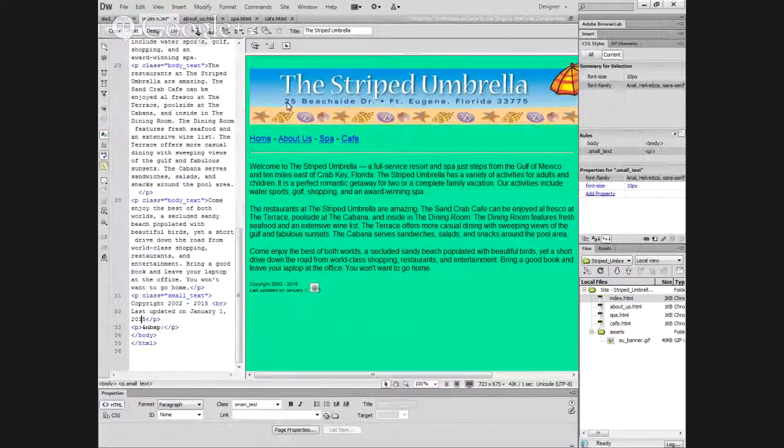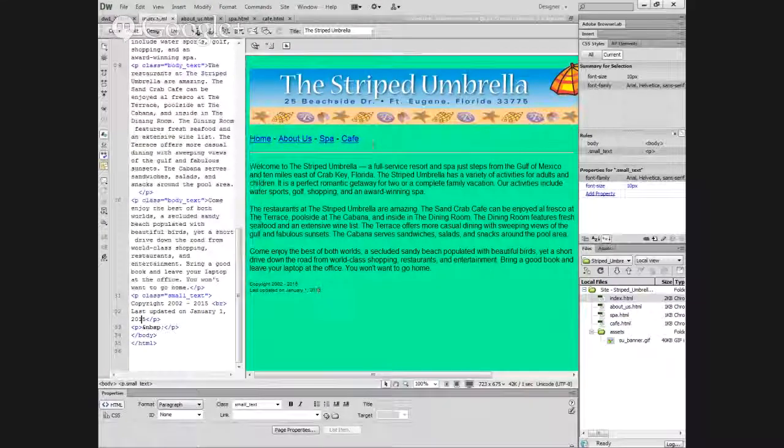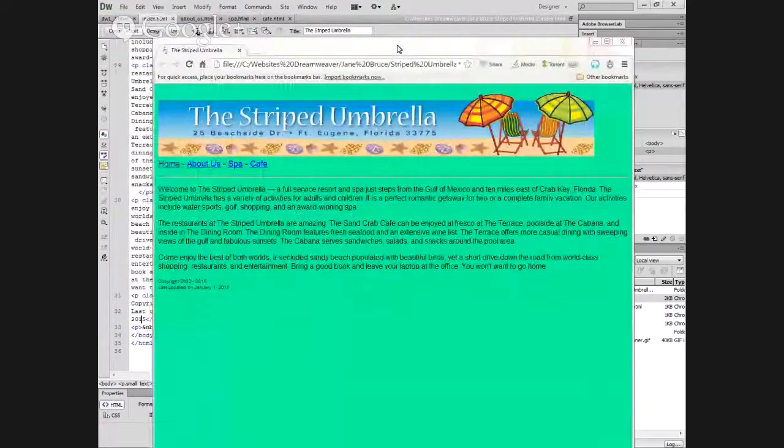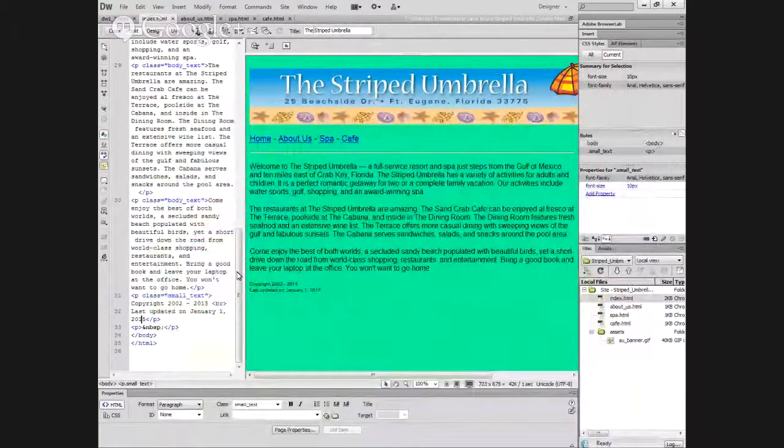All right, so the next thing that we're going to do is we copied and pasted all the links to each page. So after you save all, you can go to File, Save All, and you can go to F12, and you can view it in your browser. Please note that your header file says the striped umbrella. The reason it says that is because this is typed right here. If you try changing the striped umbrella and put your name in there, or Goofy, let's do that. Just put some goofy word in there,